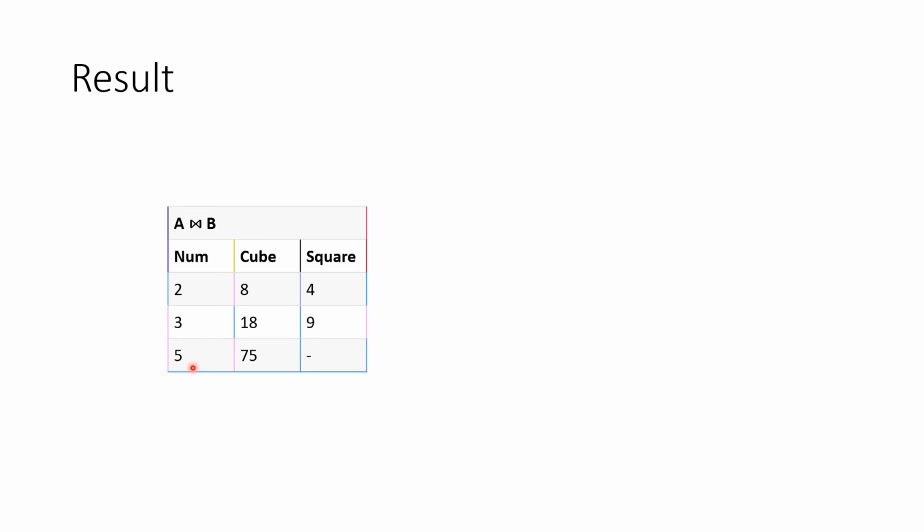We are not taking 4 here because that row was in the left table. Here we are only considering the right table, taking these column names completely and taking values or rows from the right side table only and filling that completely, whatever values we have available with us.